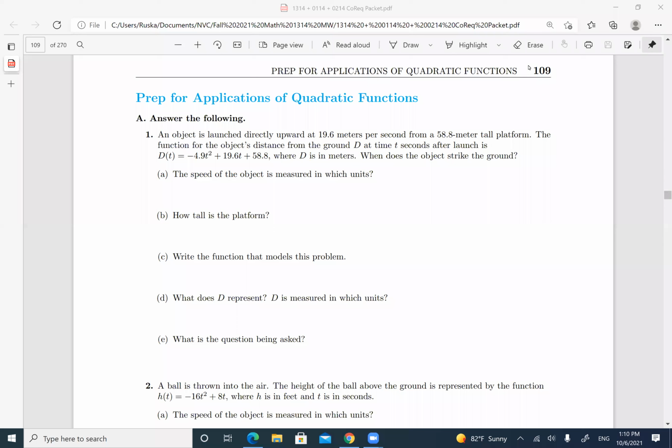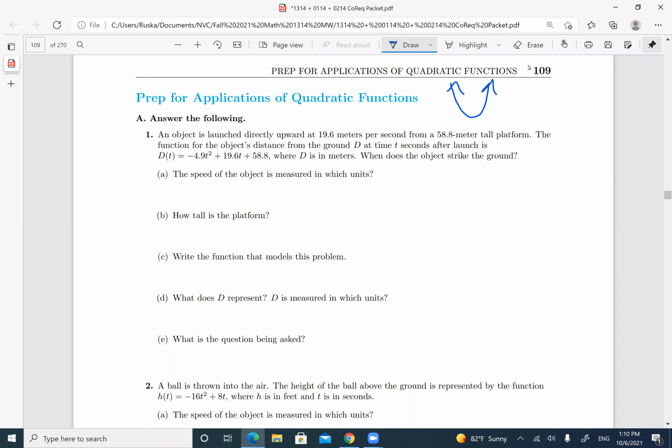Okay, so here we're going to start with applications of quadratic functions. They're going to be word problems where we're going to solve it using the properties of the graph of the quadratic function. You know, the quadratic function, it's a parabola, it's up and up or up and down. And what you're going to use is that the parabola, if it's up and up like this,